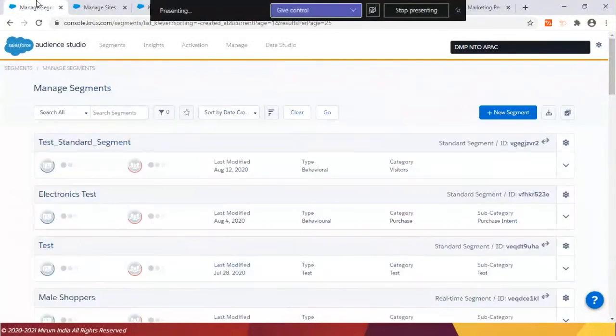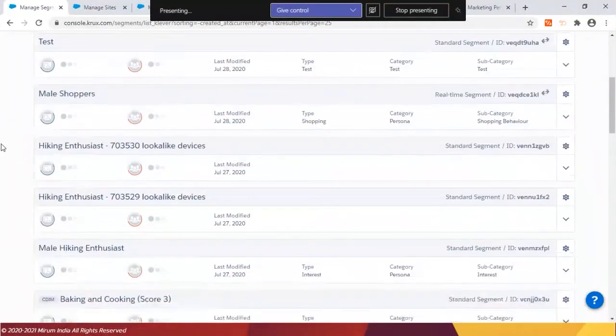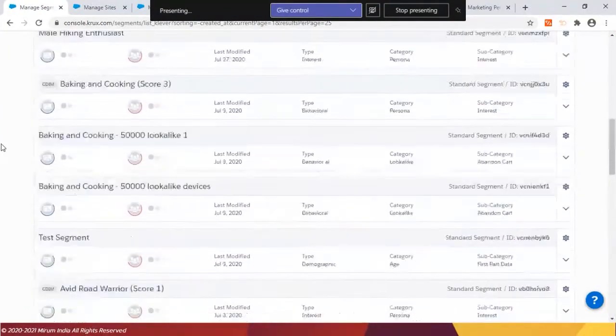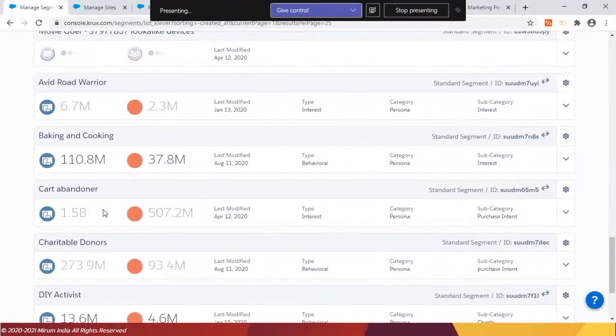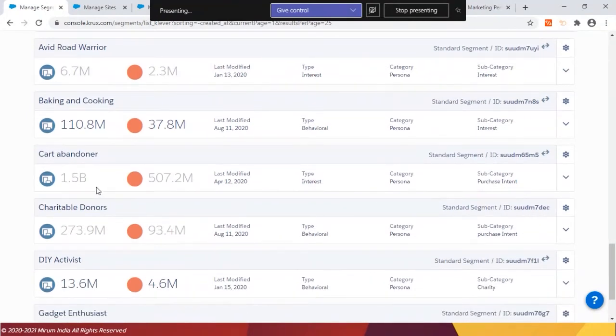What we would be doing in that case is, let's look at a particular segment as an example. So we are looking at people who had abandoned the cart, right? And as you see on the screen right now, there are 1.5 billion people, or devices rather, because the first number is devices.